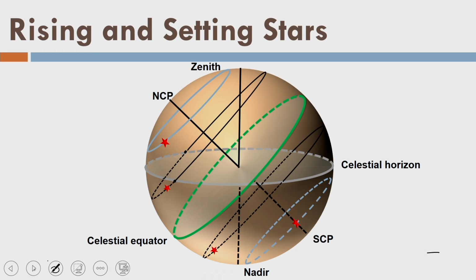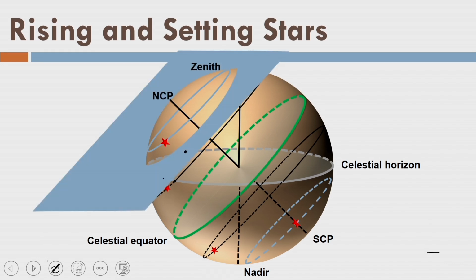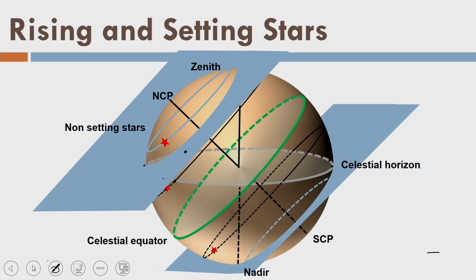Okay. So, if I draw this kind of plane parallel to the celestial equator passing through the celestial horizon, that means this plane is touching the celestial horizon at this point here and it is parallel to the equator, I can see that this is the zone of non-setting stars. Similarly, if I draw a plane over this point and parallel to the equator, there is a plane like this, and below this plane all the stars will never come above the horizon. So, the zone below this plane is called the non-rising star zone.